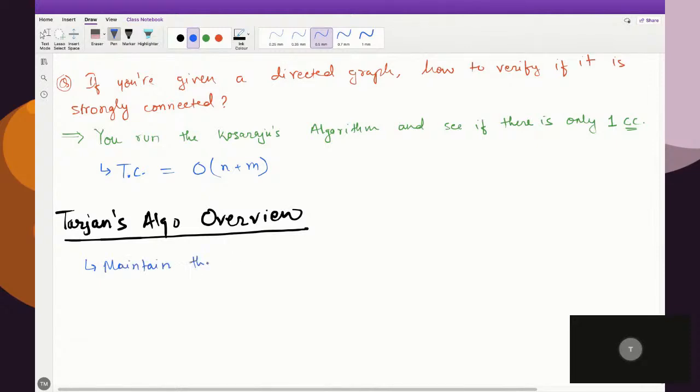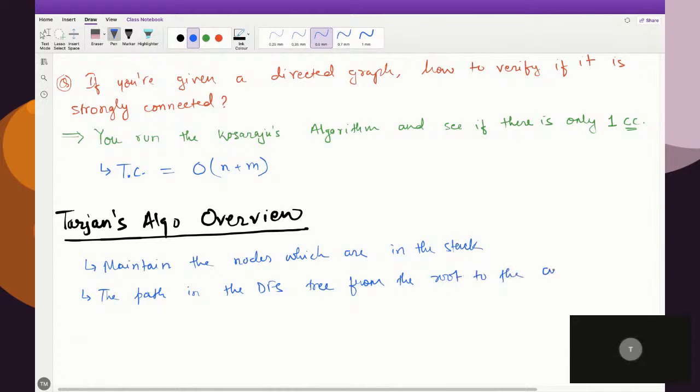Maintain the nodes which are in this stack. And the second thing you could maintain is the path in the DFS tree from the root to the current node. You maintain them, and then you can see how Tarjan's algorithm plays out